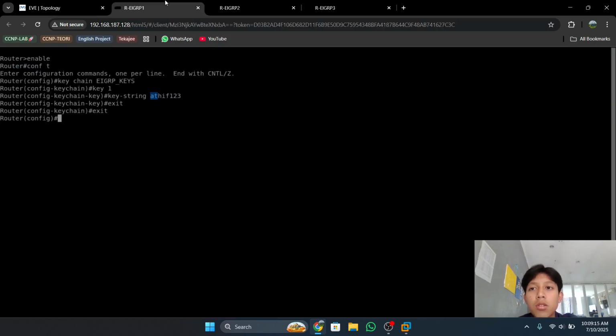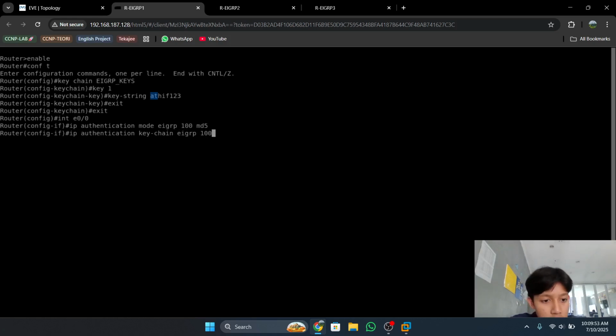Enter interface Ethernet 0/0 and type ip authentication mode eigrp 100 md5. Then type ip authentication key-chain eigrp 100 EIGRP_keys.